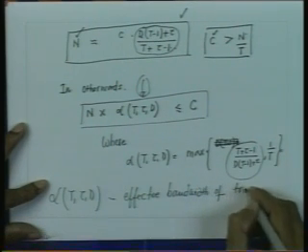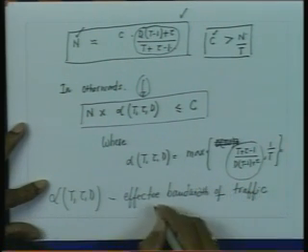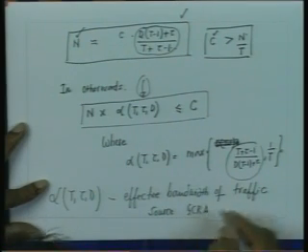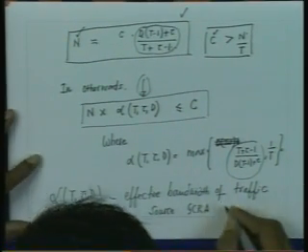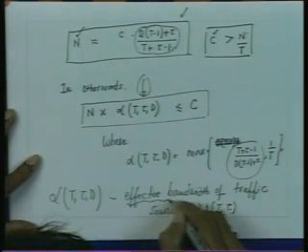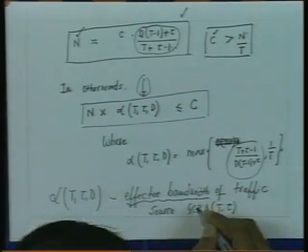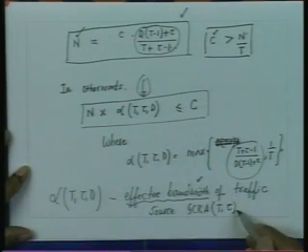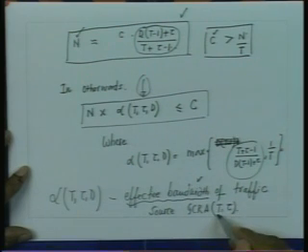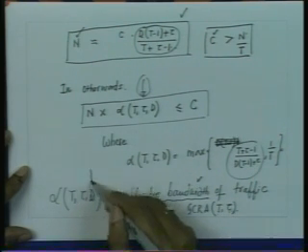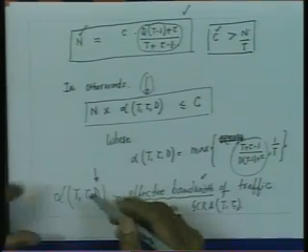Effective bandwidth of the traffic source which is having the parameters of GCRA T, tau. Now this notion of effective bandwidth is very important in communications networks. What we are saying is that this effective bandwidth is of course a function of the traffic descriptor, which is GCRA T, tau, but it is also a function of the quality of service attributes, which is delay,